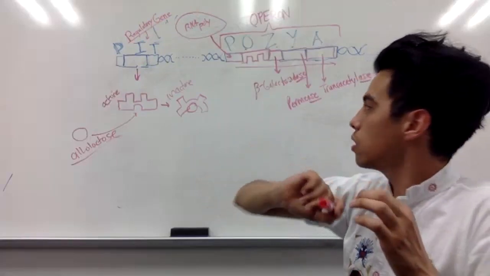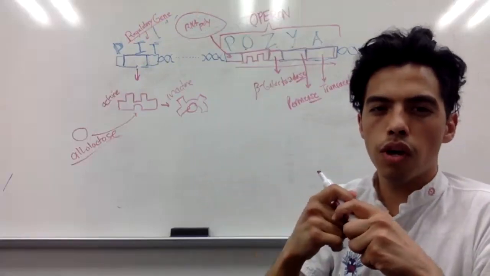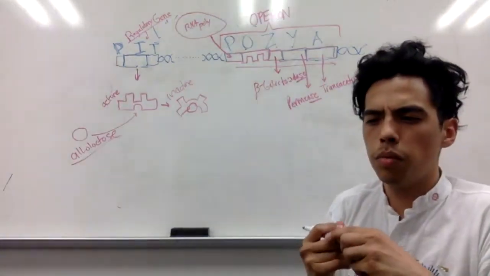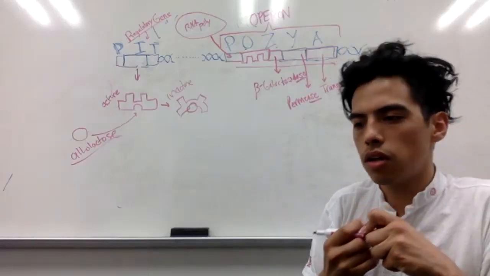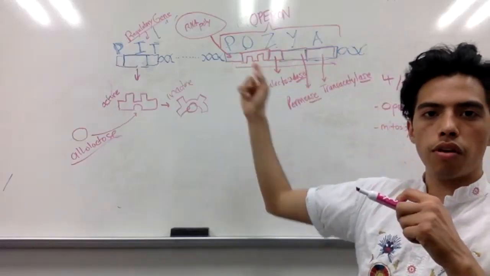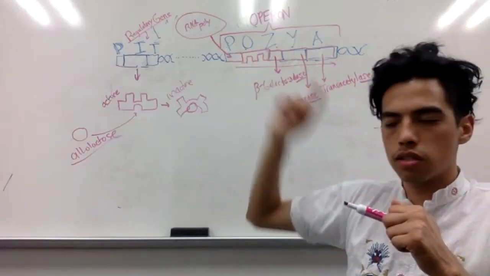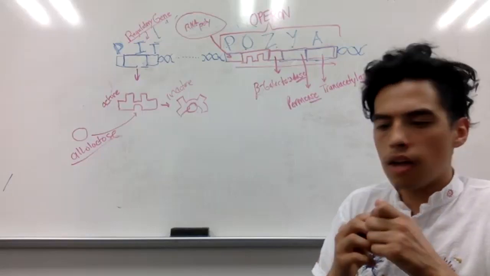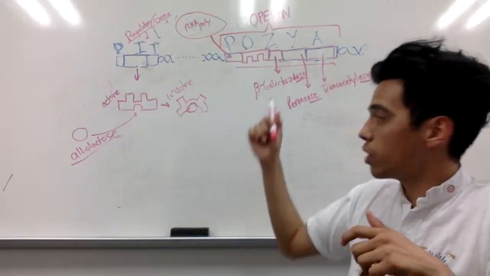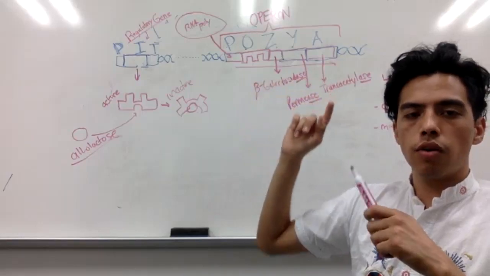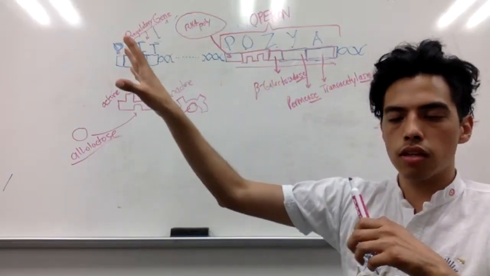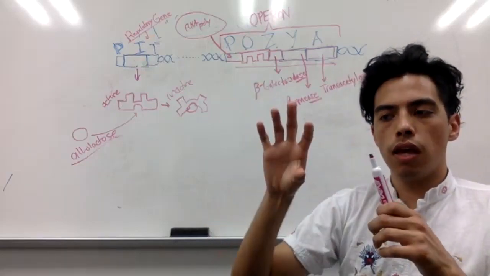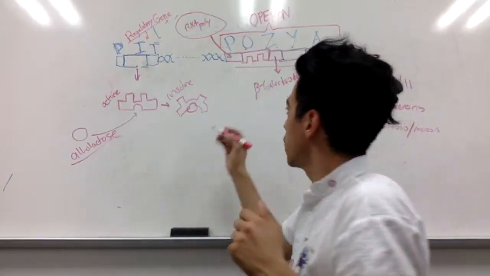And then the last one, which is kind of unknown in terms of what it does, is transacetylase. That's the LacA gene. People don't really know what it's for. We know it's important because it's in the operon, so it has to serve a specific purpose. But most people don't know what it is. Yeah. So those three working together allow lactose outside the cell to come in, be broken down, and used. And the reason why that's important is because